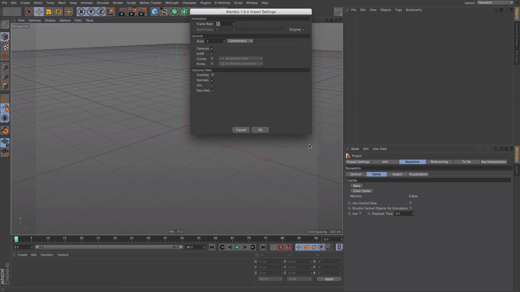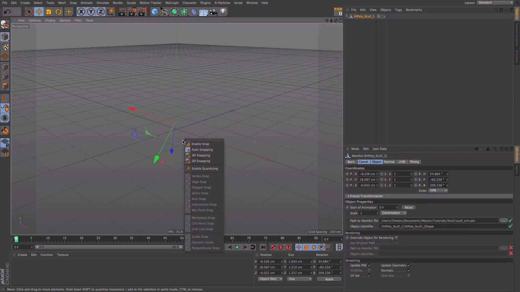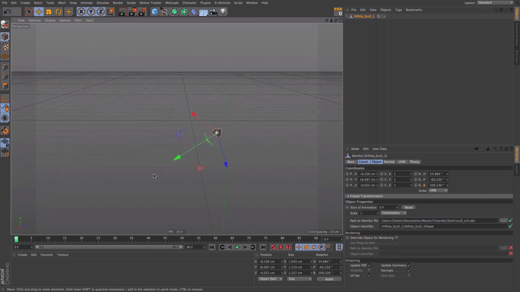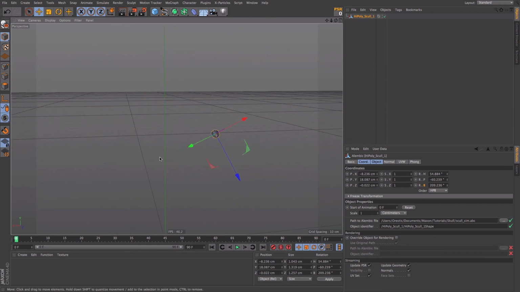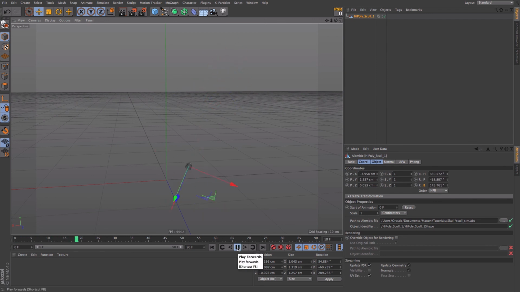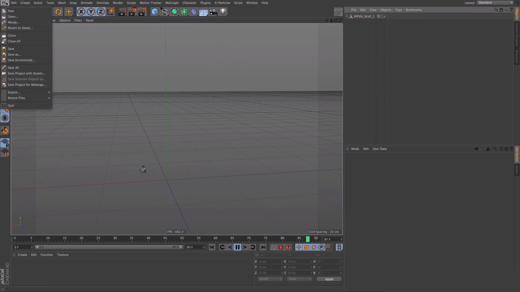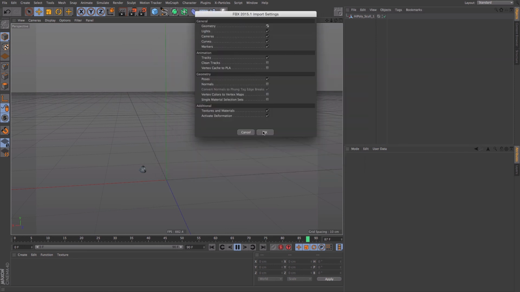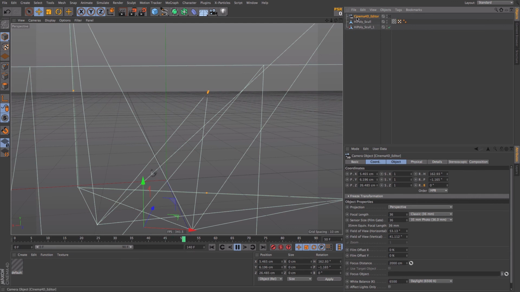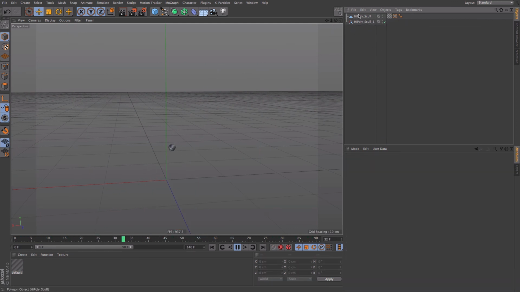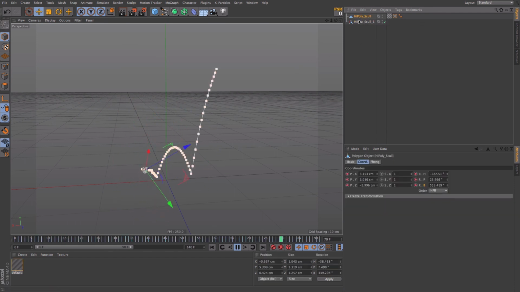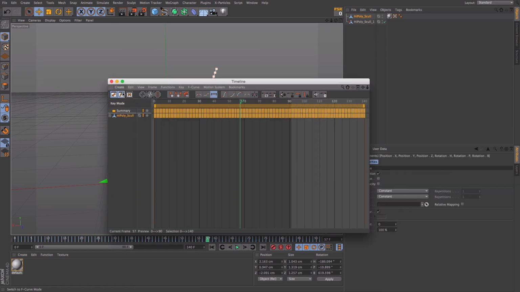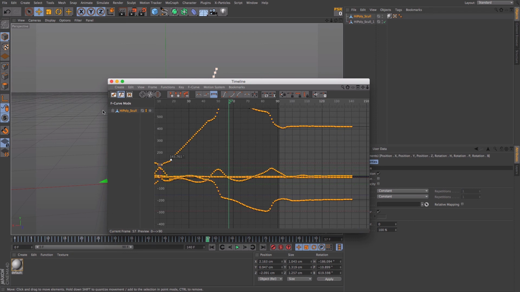We can bring our Alembic file, which is working fine, and we can bring our FBX file also, which also brings the camera. We can delete it. You can deselect the two export cameras on the export dialog, and we have both. One is with keyframes, the other with not. And once again we can examine the keyframes here, make sure it looks okay,